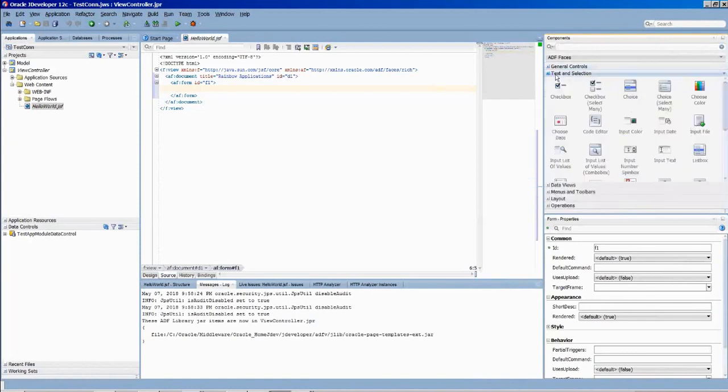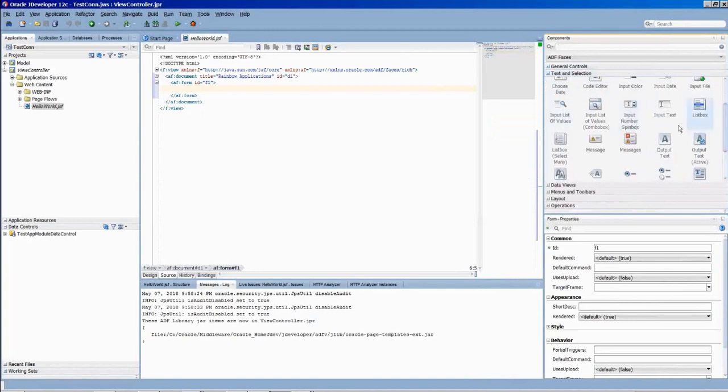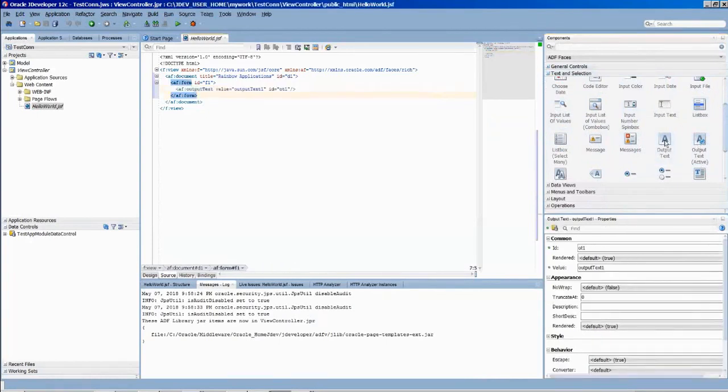In the text and selection, we have a variety of checkbox, select many, choice, list, choice color, choice date. We have many things given here. Output text. In our case, we wanted to get the output text. So what you can do, you can click it, then automatically,